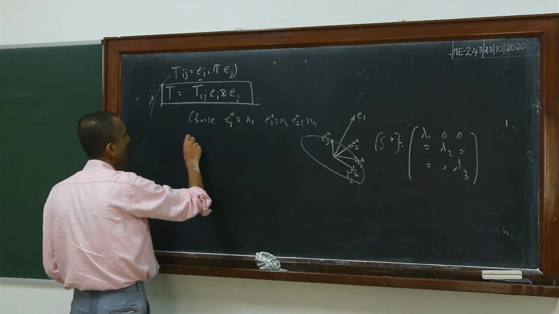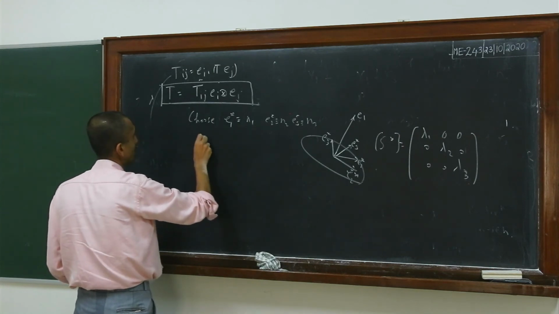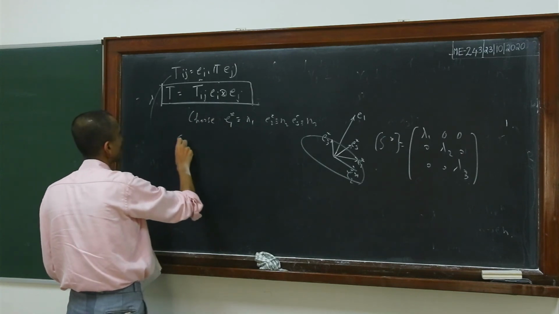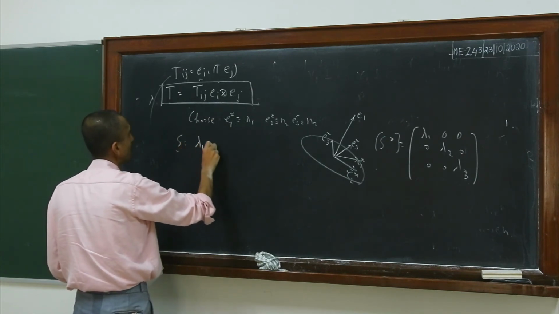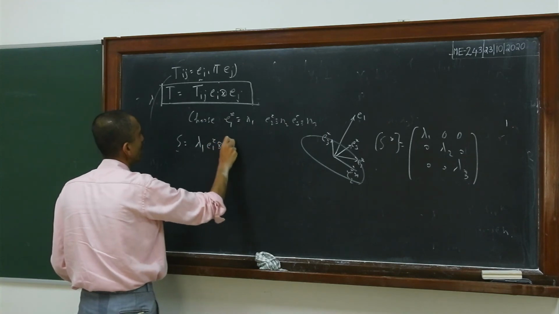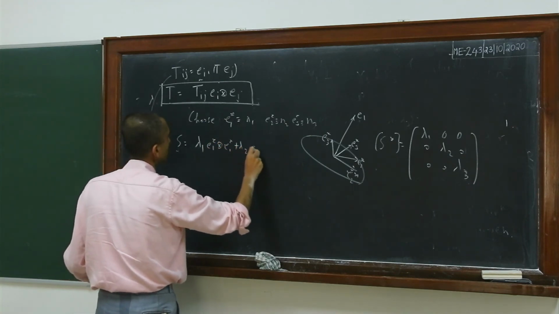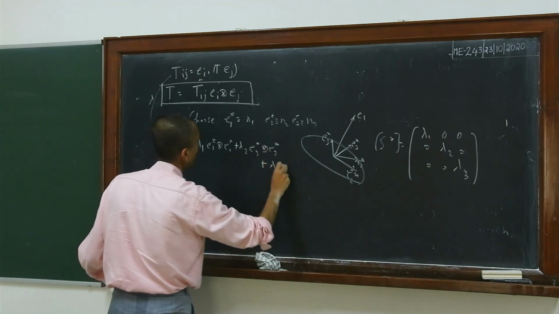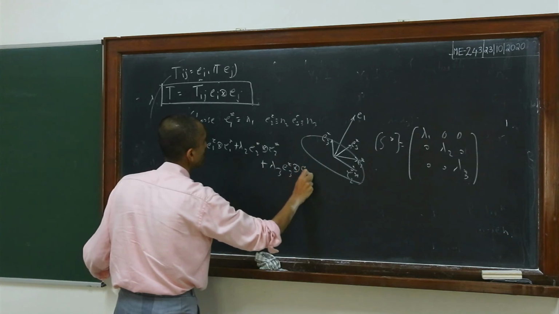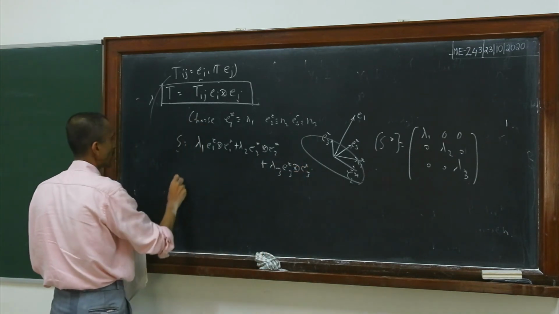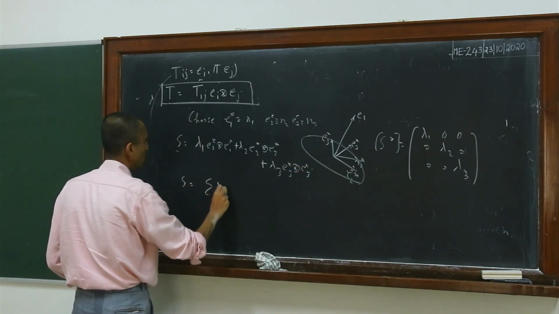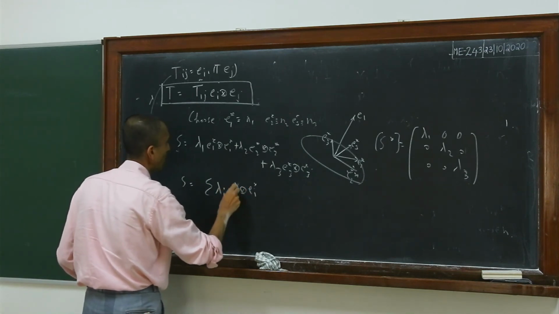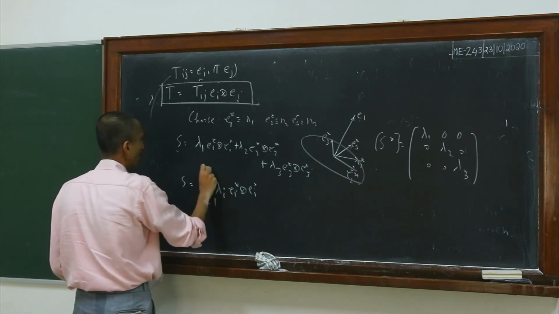Then what you will get is that, referred to this particular basis, S is equal to lambda 1 times E1 star dyadic E1 star plus lambda 2 times E2 star dyadic E2 star plus lambda 3 times E3 star dyadic E3 star. Okay, so this is what is known as the spectral resolution, Ei star dyadic Ei star. So in summation form, I can write it in this particular way here.